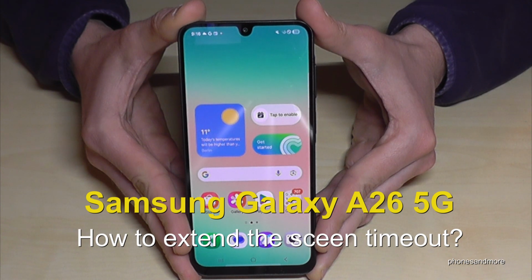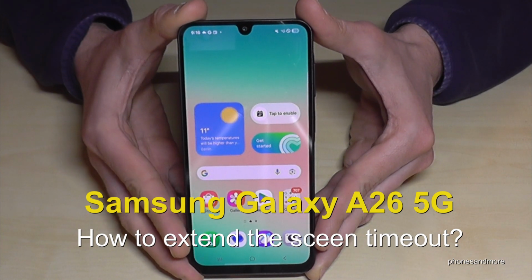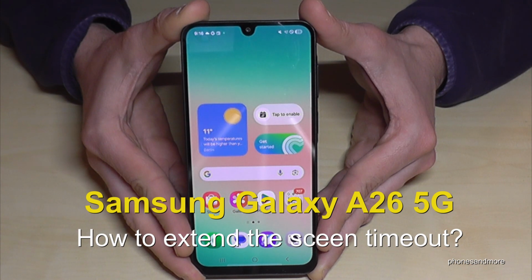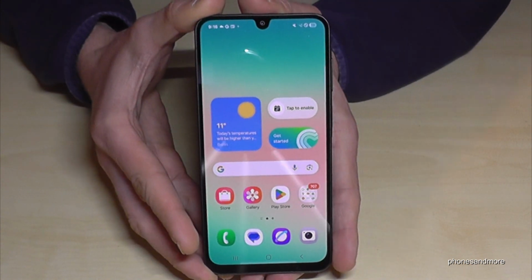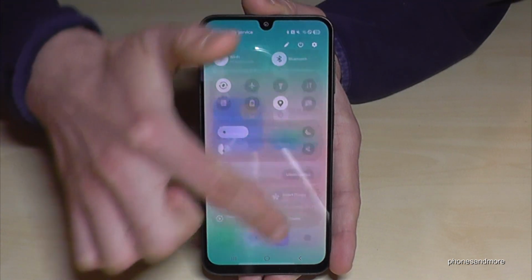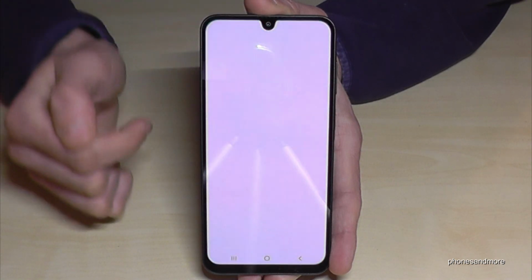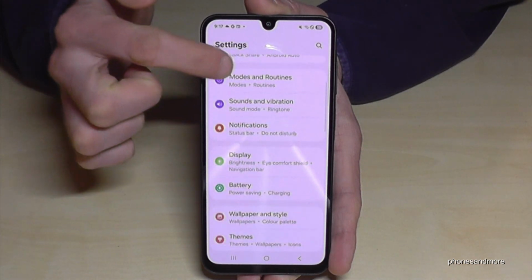Hello everybody, I want to show you with this video how you increase the time to the screen timeout at the Samsung Galaxy A26 5G. For that you will need the settings, so just scroll down here below the battery symbol and then you always have here the symbol for the settings. Just tap on it. Now you need to go to the point display